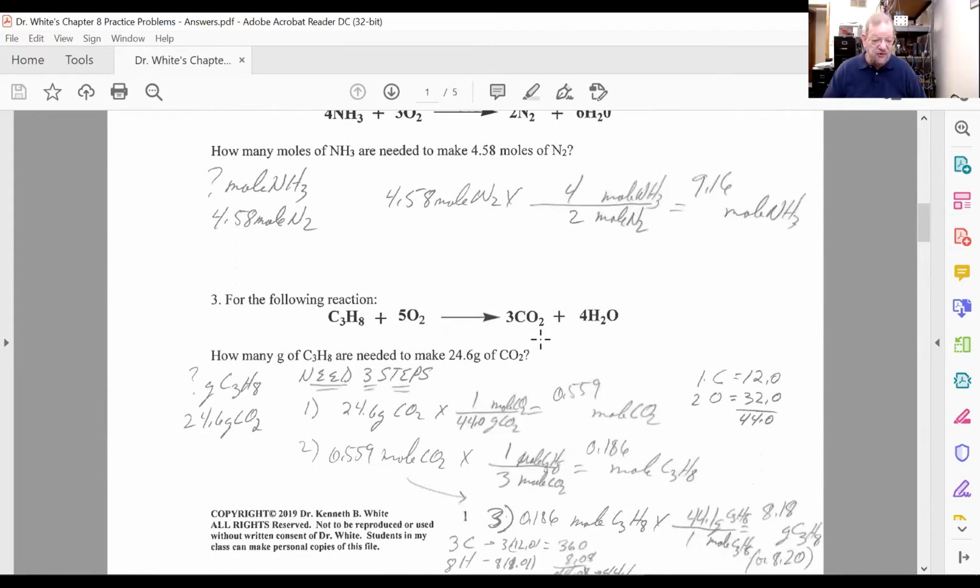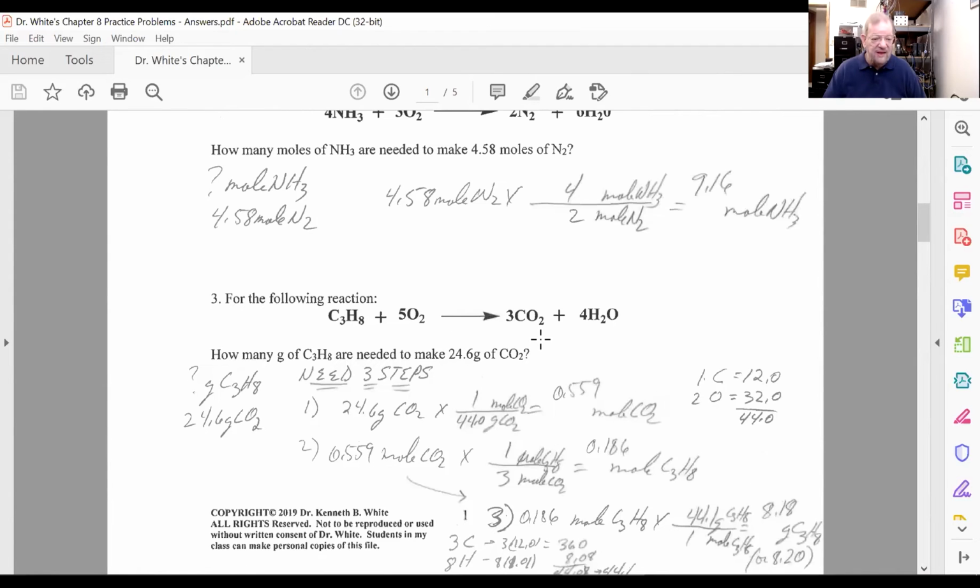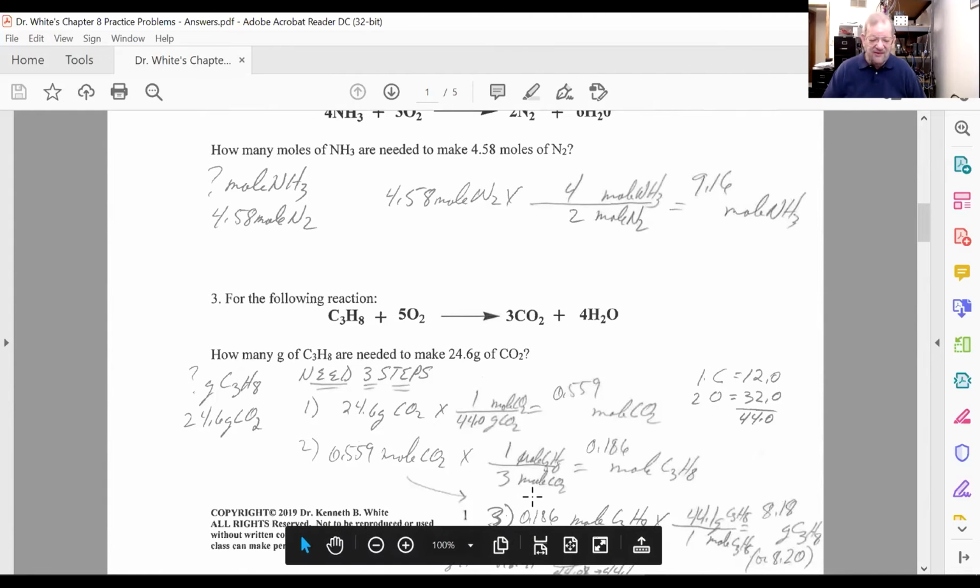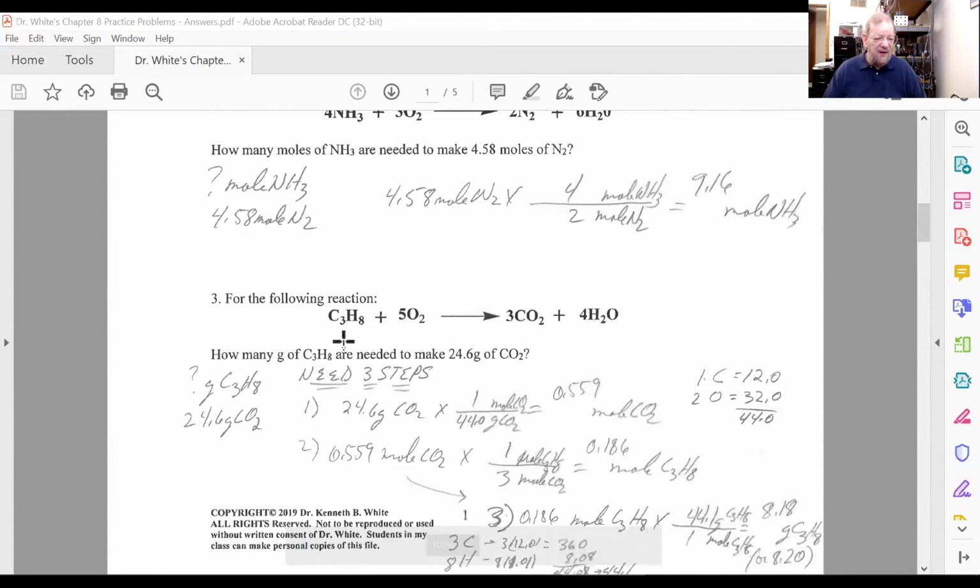Now let's go to the real world, and I have never found a balance that does moles. What you do have are balances that do grams. Now here, for the following reaction, propane, that's the C3H8, that's the stuff in the white tanks you use for your barbecue, reacts with oxygen, that's in the air, to give carbon dioxide and water, and